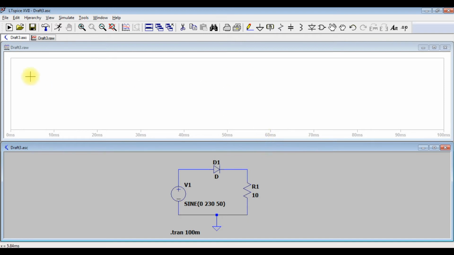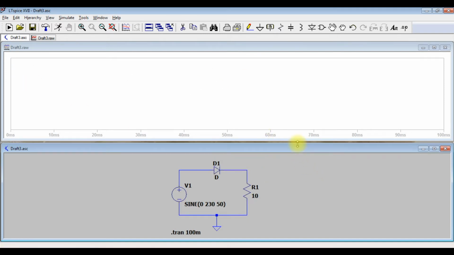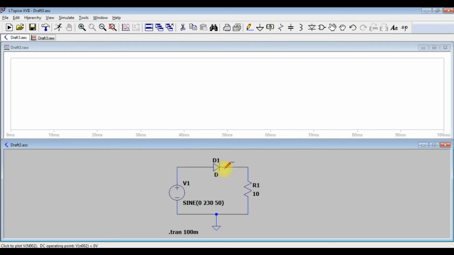The window is showing the graph. So I just minimize this one, and now this is showing some symbol. See, when you put this symbol here, it means it will show the voltage at this point. When you put it here, it will show the voltage at this point. When you move it on a device, on a component, this is showing a different symbol, which is showing the current flowing through this resistor, or the current flowing through this diode, or the current supplied by this source. This is the basic difference between these two symbols. This is showing the voltage at this point, and this is showing the current flowing through this diode.